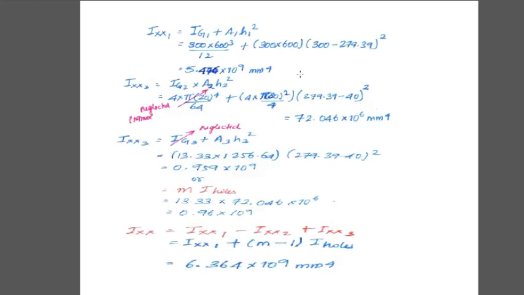So y bar is 279.39, and y2 bar is already given, that is 40 mm effective cover, so substitute that. So the value is 72.046 into 10 power 6, and Ix3. This is also a small area, so we can consider A3 into h3 bar. So A3 is nothing but m into Ast, so 13.33 into Ast, 1256.64, and y3 bar minus y bar, 279.36 minus 40, the whole square. So the value after adding all the values we got is 6.39364 into 10 power 9 mm power 4, and